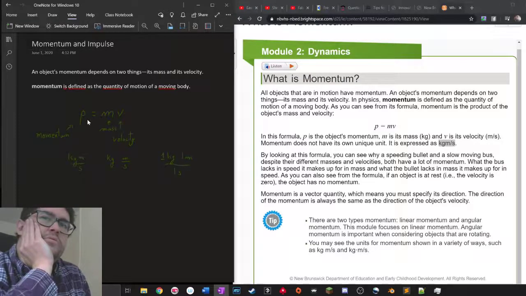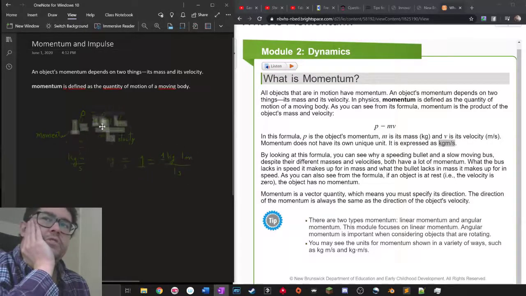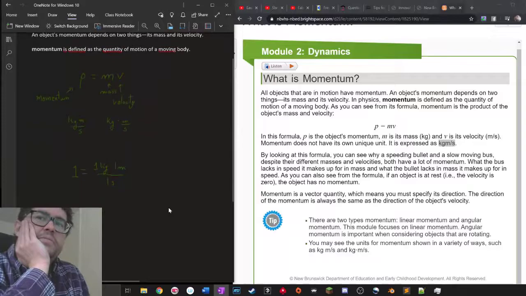Imagine that we always want 1 to be the answer of this formula. If we have 1 kilogram times 1 meter per second, then you would get 1 times 1 divided by 1 second equals 1. If you increase the kilogram to 2, you want to keep 1 as the momentum. So you have a different object that is more massive, then you would have to reduce